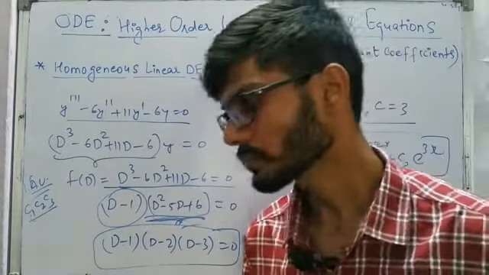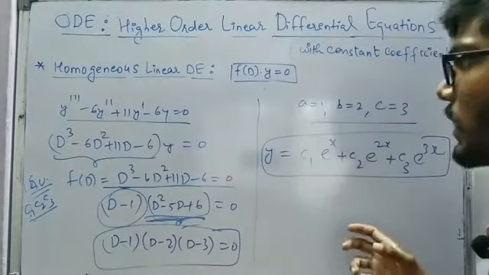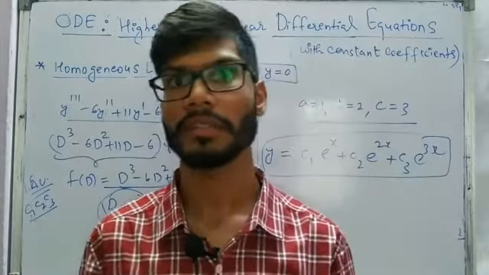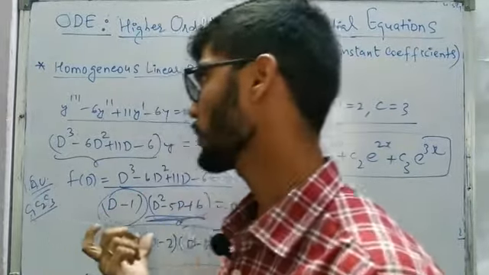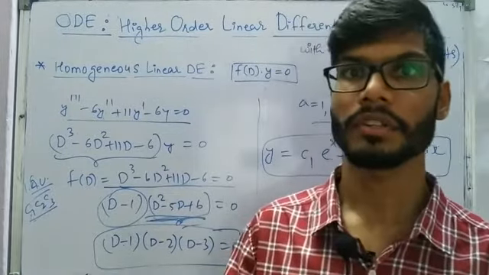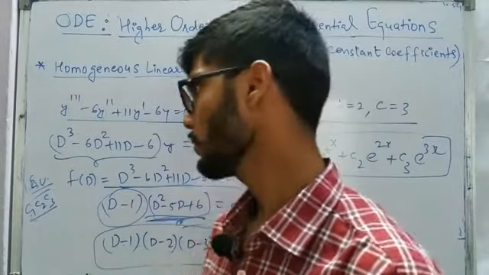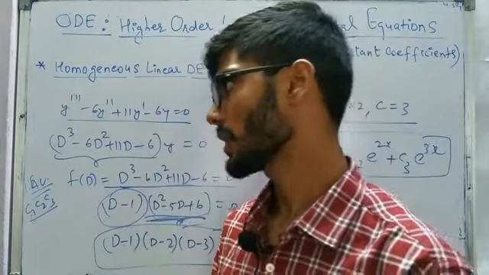And now we'll have a look at one more problem, because whatever we have discussed till now is in the forward manner. If we have the differential equation, how we are going to write the general solution. But there is one more possible way to ask the question in this particular domain, that is if you are given the independent solutions, how we are going to end up with the differential equation. So reverse thing you have to do, but I think the session is going a little longer, but that is going to take only 1 or 2 minutes.